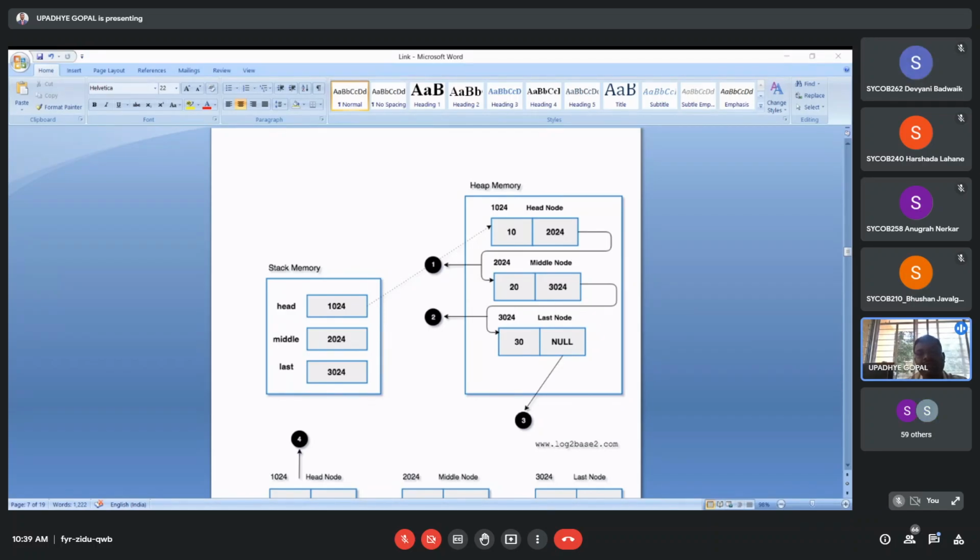The next location is 2024, and on that, which data is to be inserted? 20. Then the next memory address is 3024, and on that, which data is required? 30. And after that, there is no data. That's why the last node's second part is kept as null. Is that clear? Yes or no? Yes, sir. Okay.